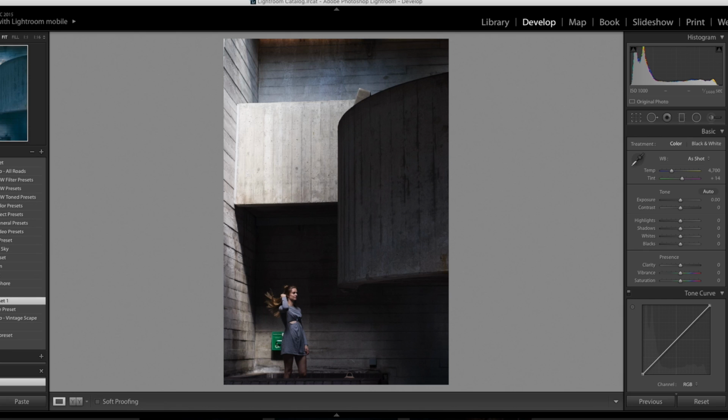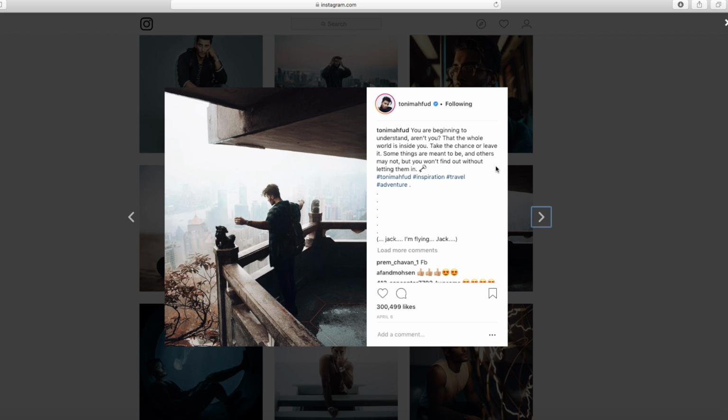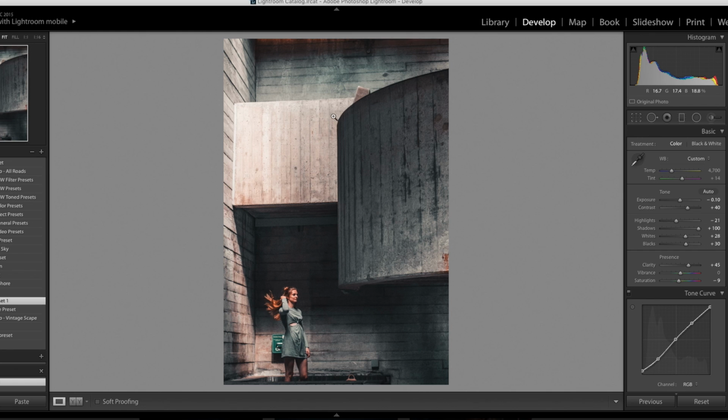If I apply one of the presets, this is what the final look is going to be. This is what we're going to be trying to replicate. And as you can see, it looks very similar to his look. Maybe a little bit too pink, but we'll see if we can change that a little bit when we're going